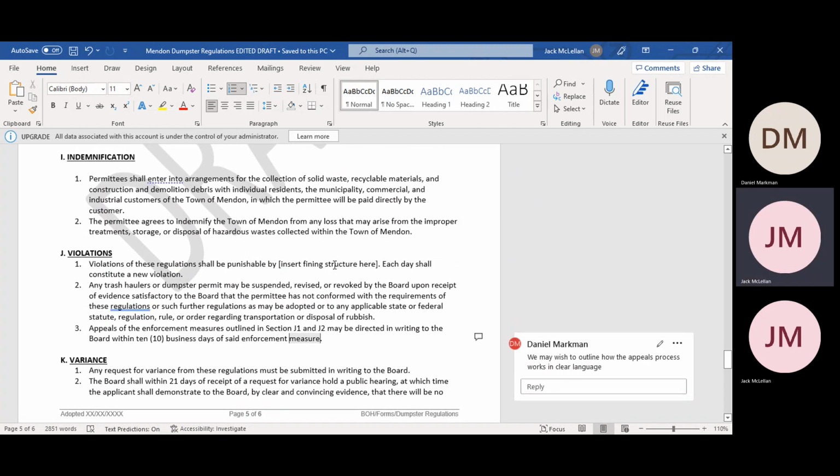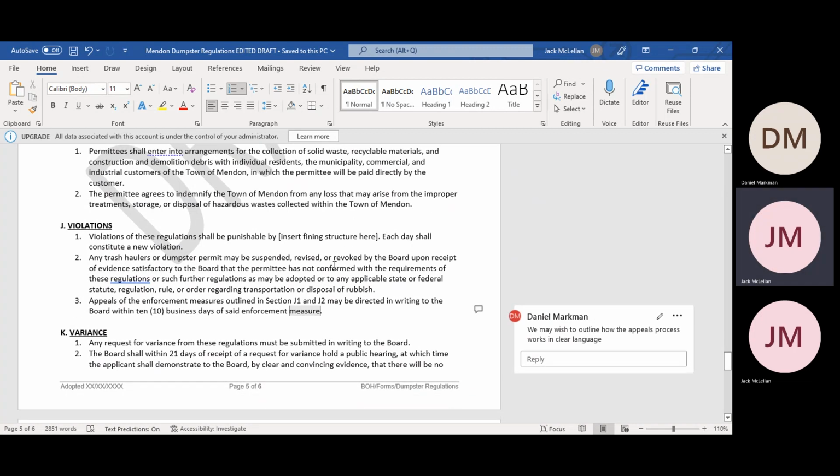No, it's fine. Rest of it, right? Violations, section J. That makes sense. Variance to-